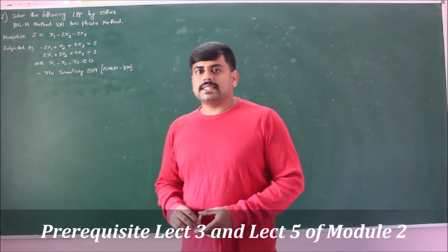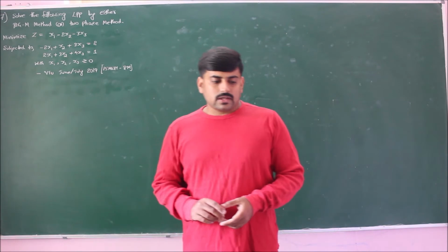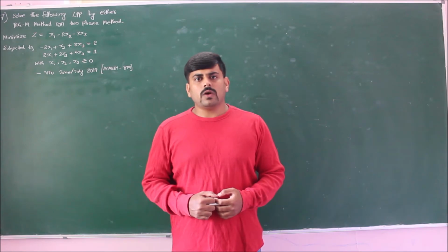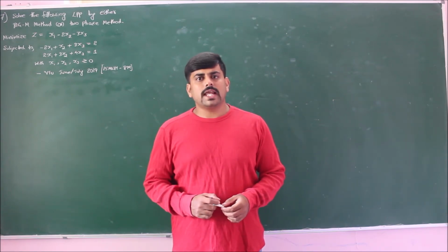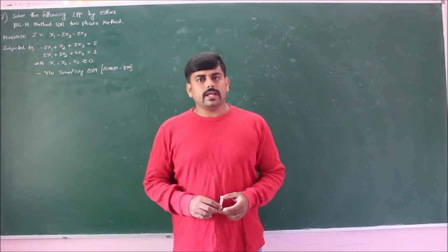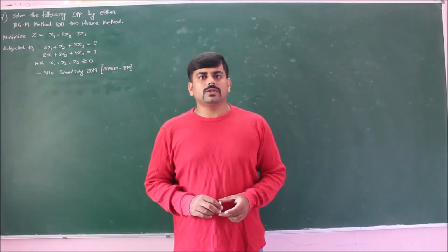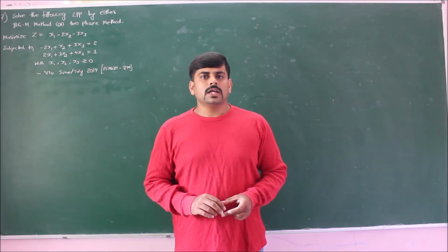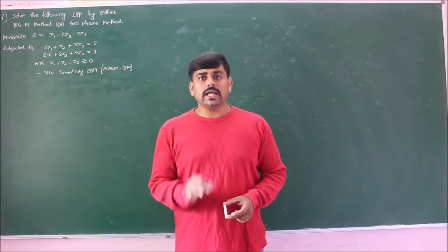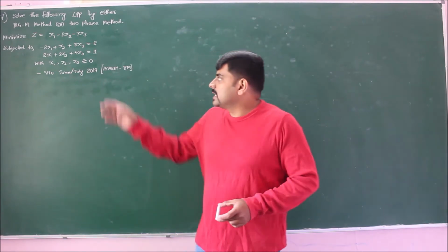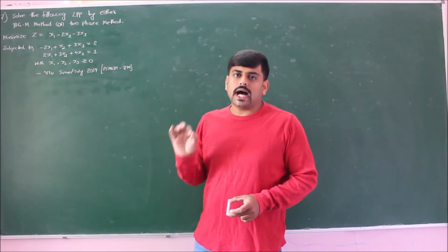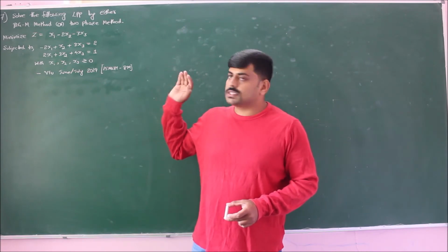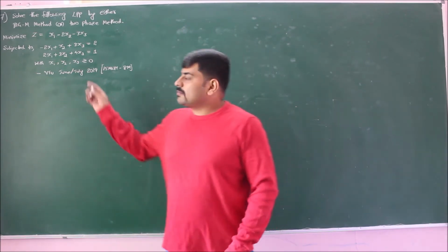As I already explained in our lecture 5, what variables are to be added for less than or equal to, greater than or equal to constraints. If we have a less than or equal to constraint, we should add a slack variable. If we have a greater than or equal to sign, we should subtract a surplus variable and therefore add an artificial variable along with it. If we have an equal to sign, we should add only an artificial variable. Since the constraints have equal to signs, we should add artificial variables and solve. Let us solve this problem by using both big M method as well as two-phase method. Let me solve this problem by big M method first.